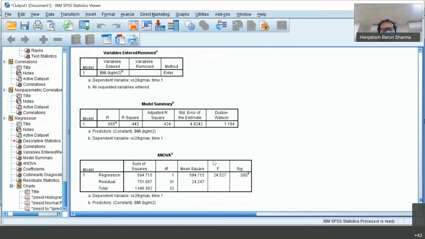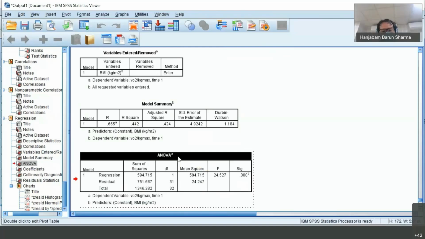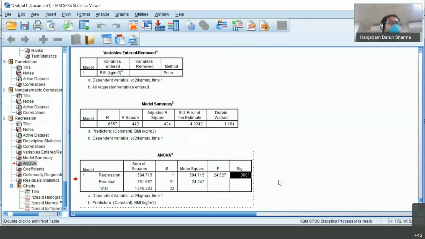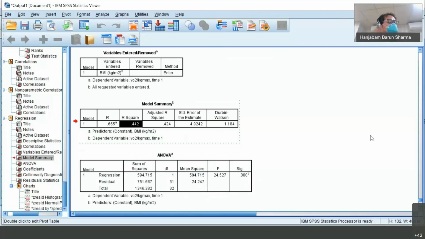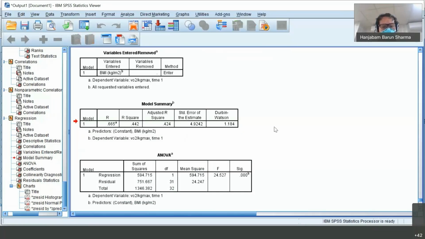Then you go to the model, and you have to see the p-value which is given under ANOVA. If the p-value is significant, that means your model is statistically significant. If your p-value is not significant, you cannot go ahead further. Stop, it is finished here. If it is significant, then you go to the R square. R square is the strength, that is the predictability of the model. Here the R square is 0.442, that is